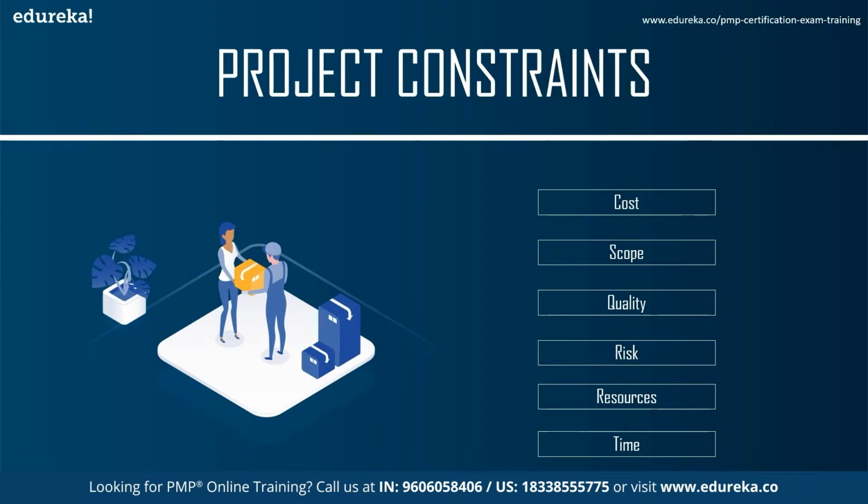Then we have resources. You can think of resources too as a constraint, right? Because here you're required to carry out the project tasks. They can be people, equipment, facilities, funding, or anything else capable of definition required for the completion of a project activity.